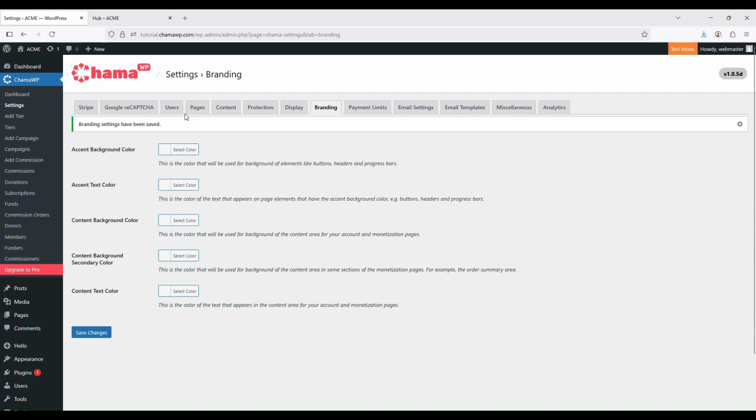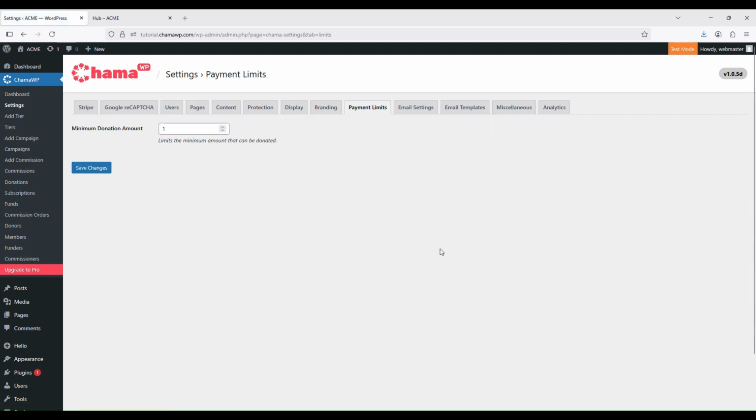Okay. All right. Payment limits. So with payment limits, we currently just have, you can set a payment limit for the donation, but by default, let's say your currency is dollars, the minimum amount somebody can donate is $1. Now, the one thing to bear in mind is